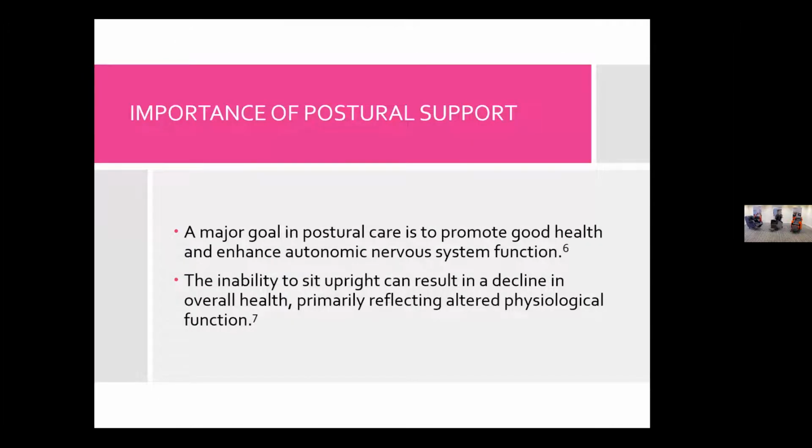Now, the pelvis is so important because, as I said, it dictates what happens to the trunk. A major goal in postural care is to promote good health and enhance our autonomic nervous system function. The inability to sit upright can result in a decline in overall health, and we will see this reflected in